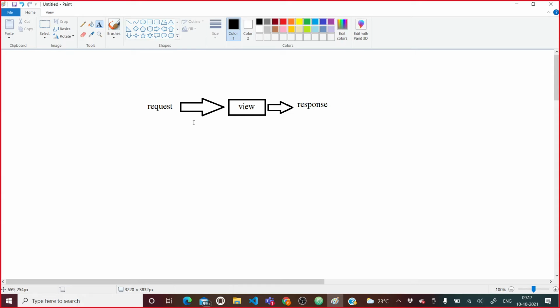So a view can accept a request as an input, perform the required operation, and provide a proper response to the end user. Suppose that this is the end user.